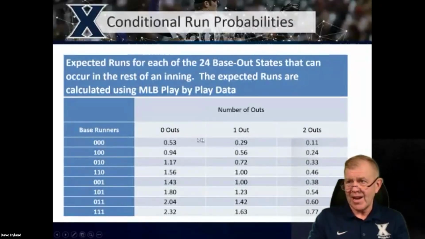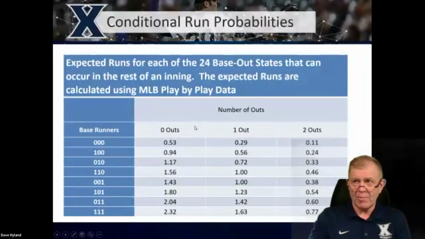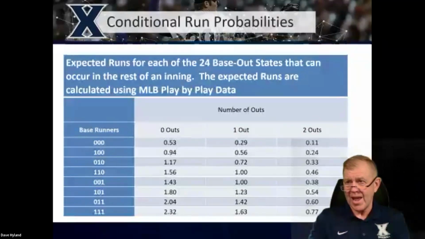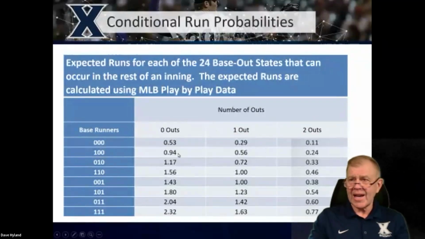Essentially, what we do is find this 24 base out state matrix. The way to think about the 24 base out states is, look, at the start of any inning, teams score about 0.53 runs. Teams on average score about 4.5 runs per game, so that's about 0.5 runs per inning. Once I get a runner on first, so I've got a runner on first and 0 outs, I can expect to